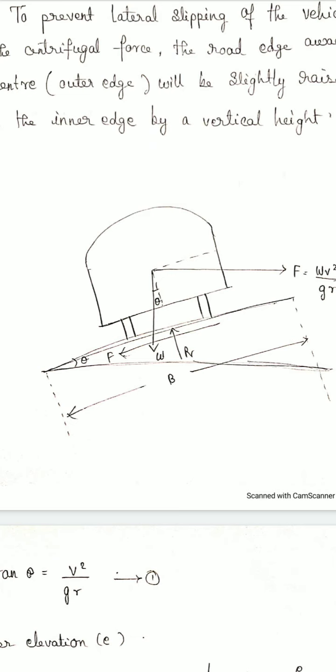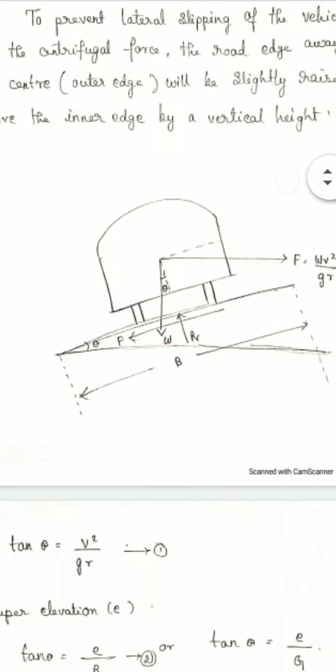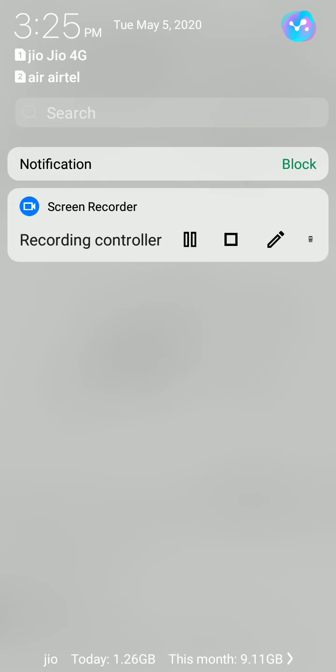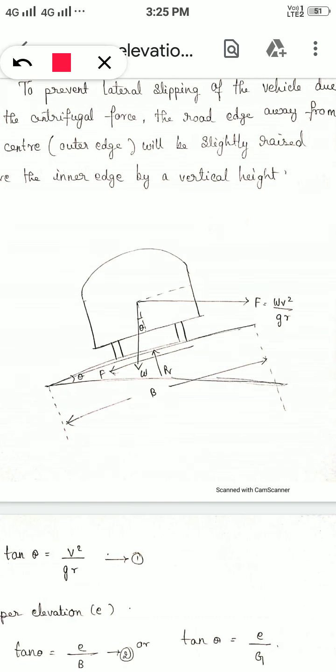To avoid that, in highways and expressways the road is usually elevated to counter the centrifugal action. In that case we can avoid the skipping of the car or any vehicle off the surface. That type of elevation is called super elevation. Consider this is your roadway. If it is flat, the vehicle may go out of the road, so to avoid that, we elevate it to such a height that it cannot go out of the road. That elevation is called super elevation.